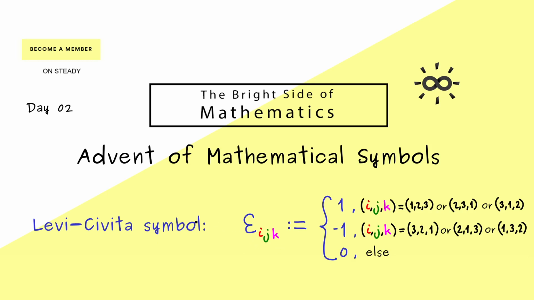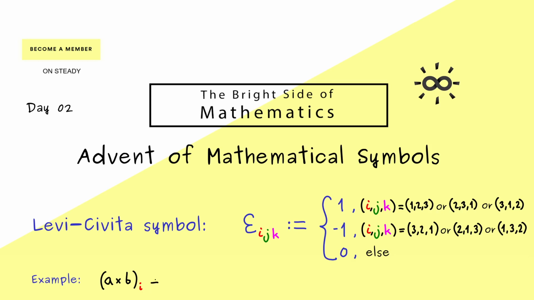There are also generalizations with more indices, but this one is the most important one because we can use it in 3 dimensions. For example, it's helpful when we deal with the cross product of 2 3-dimensional vectors a and b. So the result of this cross product is again a vector with 3 components. So we can ask, what is the ith component of it?